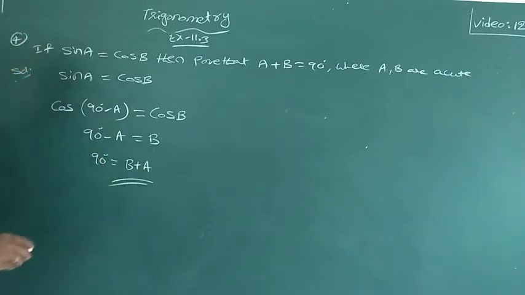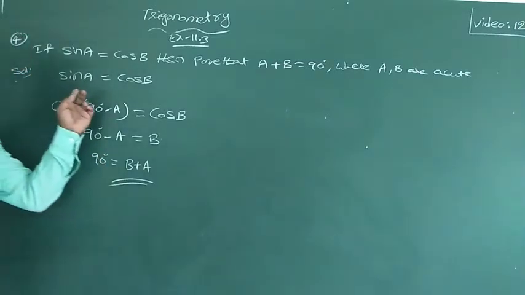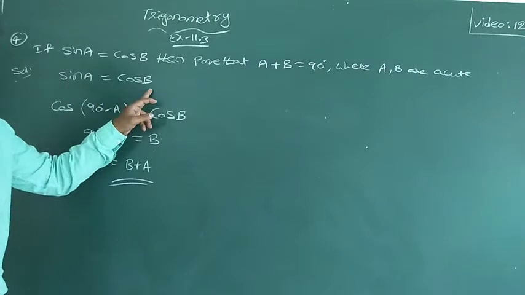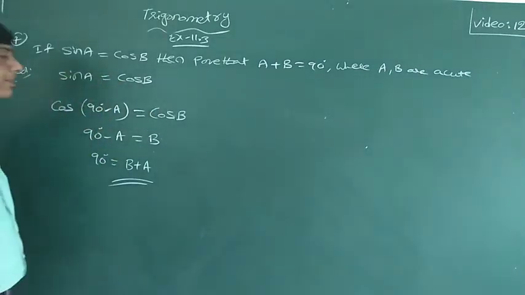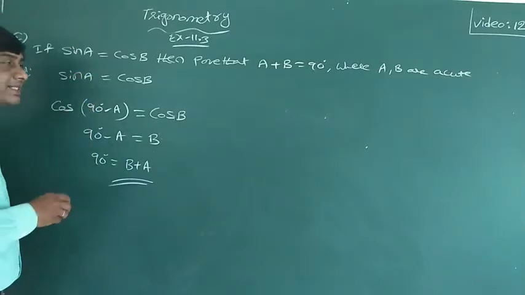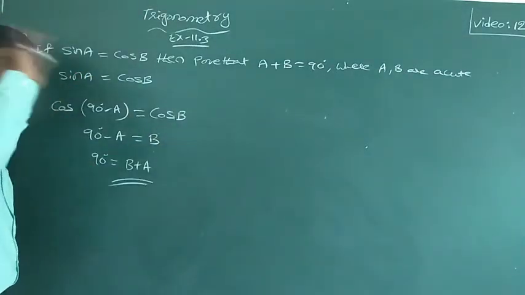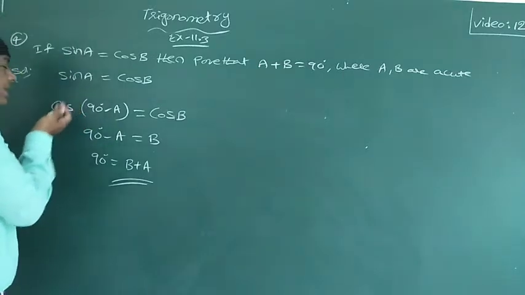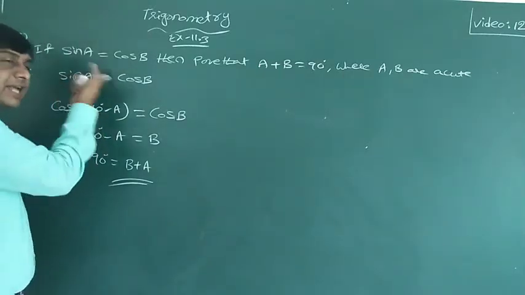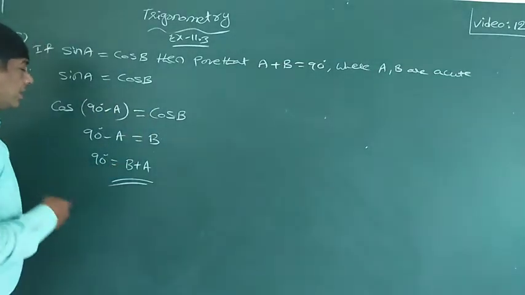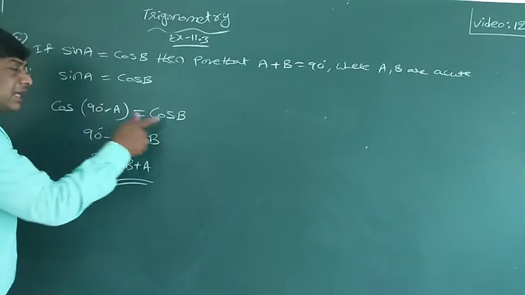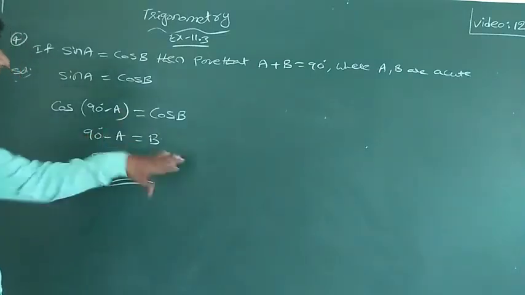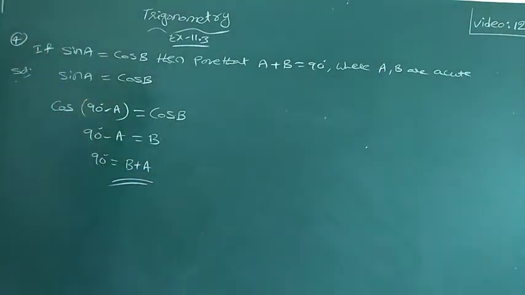In the same way, tan is also there; do it yourself. Sin A is equal to cos B. Since sin and cos have angle A and angle B, to make them equal, from 90 degrees I am subtracting A itself, not the complementary of A. When you subtract A itself from 90, the function changes from sin into cos, because cos of 90 minus A is sin A. So sin A is equal to cos B. Now the functions are the same, cos, so obviously the angles are also equal. 90 minus A is equal to B, so 90 is equal to B plus A. Okay.